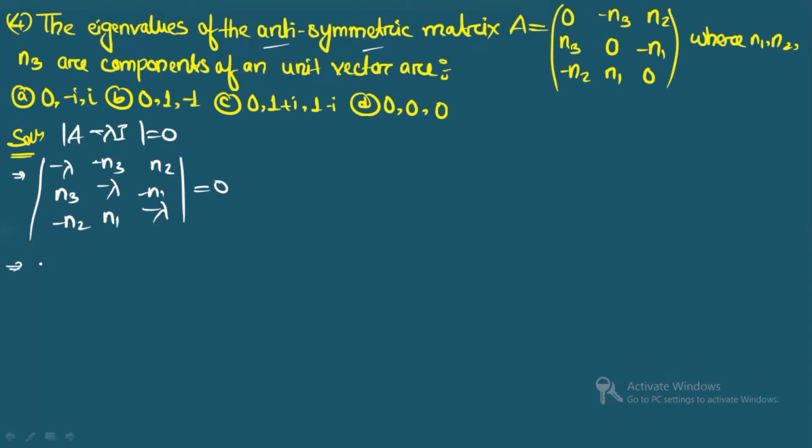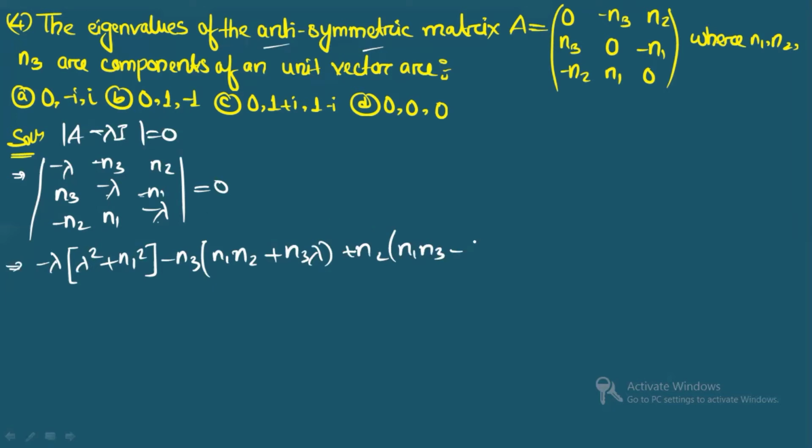So now we will solve. This is minus lambda, right? And minus lambda times minus lambda is lambda square. And this, on cross multiplication, will give you minus lambda plus n1 square. All right. Next is this one, minus n3. So here you will get minus n1 times minus n2, which gives positive n1 n2, and this will give minus lambda, plus, right? And here you will get n3 lambda. The last one is plus n2. Again on cross multiplication you will get n1 n3. Clear? Again minus n2 lambda, because both are negative, so it will be positive.